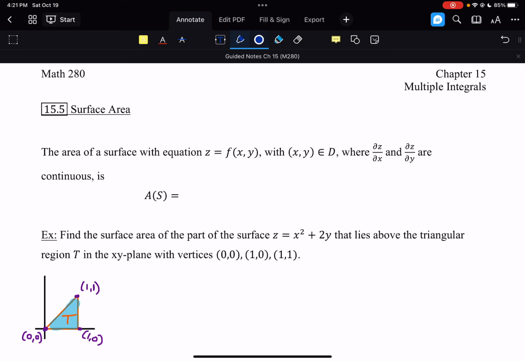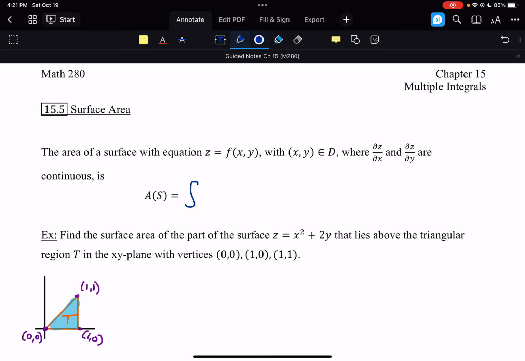Welcome to section 15.5. In this section, we will be looking fairly briefly at the concept of surface area and how we can use double integrals to find surface area of an object in 3D. So to find the surface area for a surface with equation z equals f of x, y, x and y in the region D, and the partial derivatives with respect to x and y are continuous, then we can find this